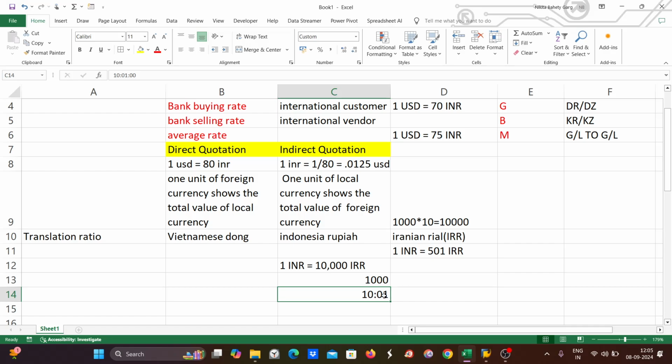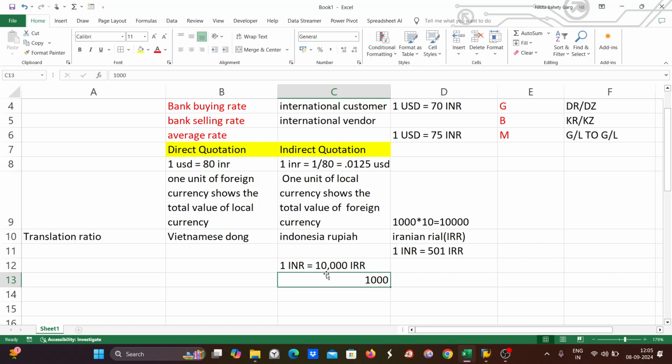So in real time, how does it work? With the ratio 10:1, how will SAP accept it now? SAP will see the exchange rate. It checks the exchange rate as 1000. Then it will also check the translation ratio maintained. If it comes to know that the ratio is 10:1, SAP will multiply 1000 with 10 and 1 with 1. I hope I'm making sense. See how it will be maintained.